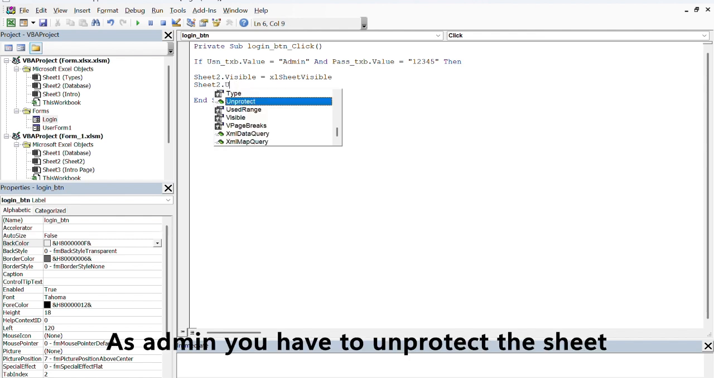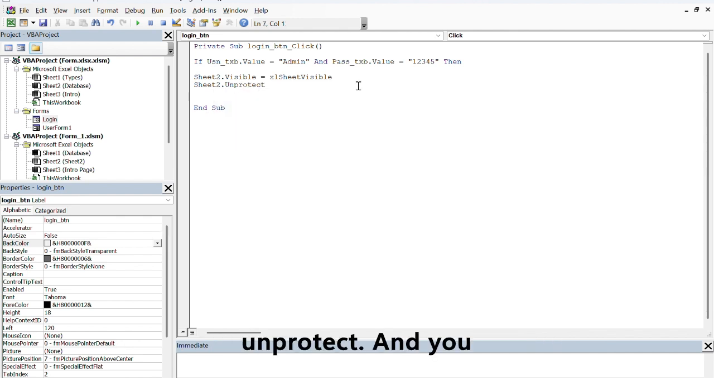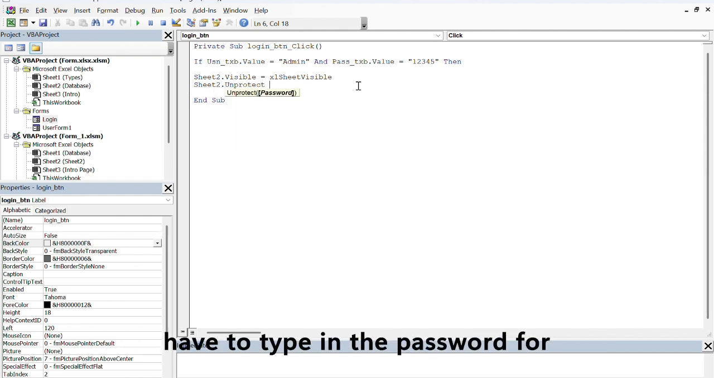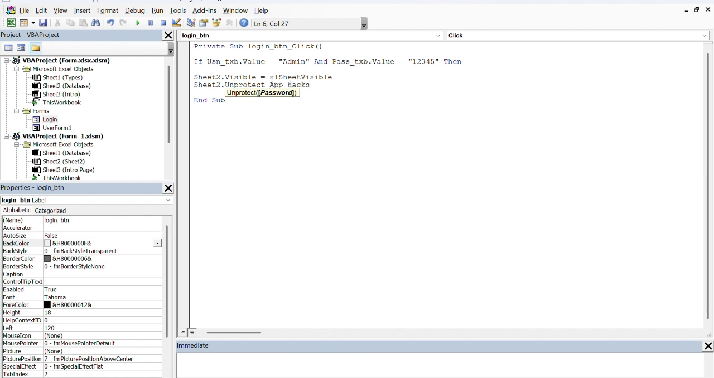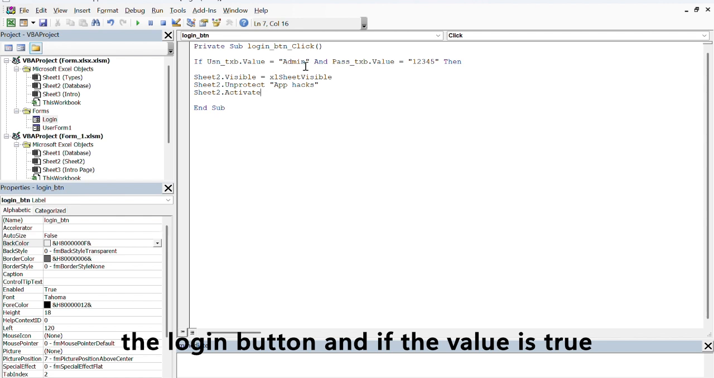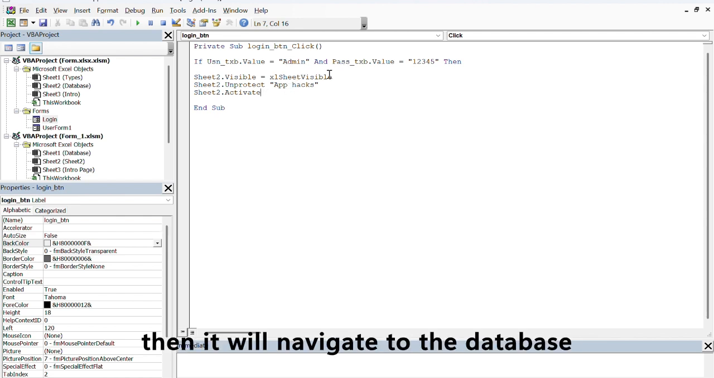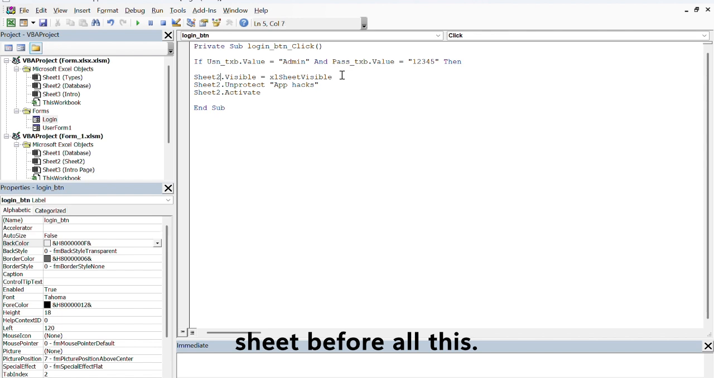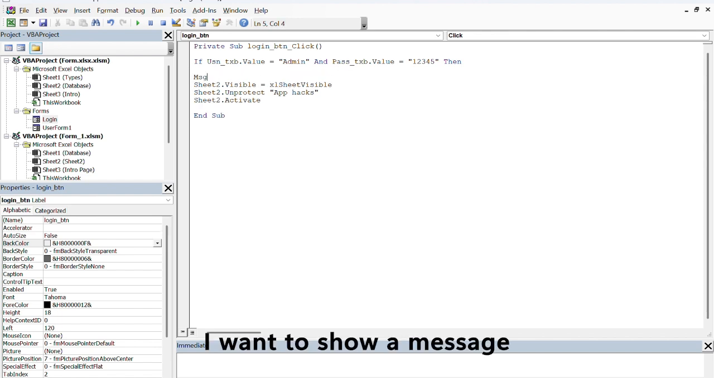As admin you have to unprotect the sheet, as unprotect, and you have to type in the password for unprotecting the sheet. I'll set as app hacks, and next the sheet 2 dot activate means if we click on the login button and if the value is true, then it will navigate to the database sheet. Before all this, I want to show a message box